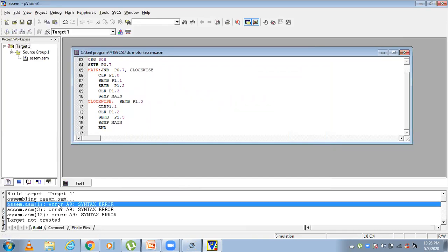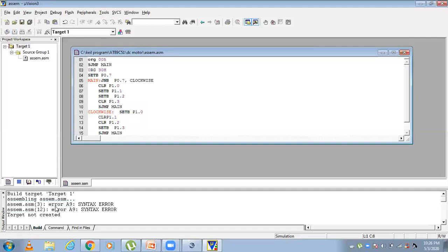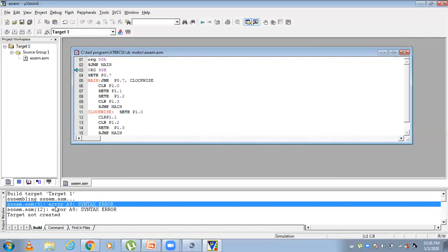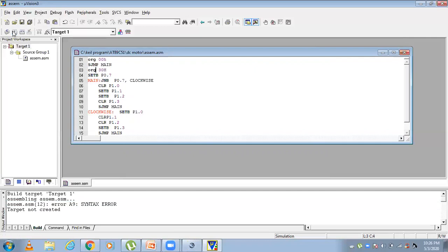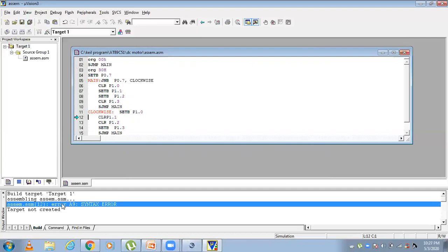We have some errors: ORG 00H, line number 3, again here, then line number 9, clear space P1.1.